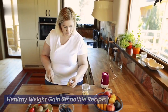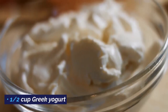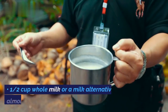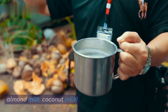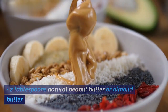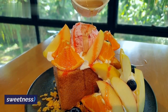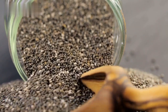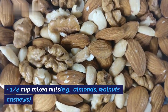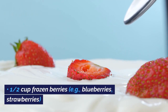Healthy weight gain smoothie recipe. Ingredients: 1 ripe banana, 1/2 cup Greek yogurt, 1/2 cup whole milk or a milk alternative, e.g., almond milk, coconut milk, 2 tablespoons natural peanut butter or almond butter, 1/4 cup oats, 1 tablespoon honey or maple syrup for sweetness, 1 tablespoon chia seeds or ground flax seeds, 1/4 cup mixed nuts, e.g., almonds, walnuts, cashews, 1/2 cup frozen berries,